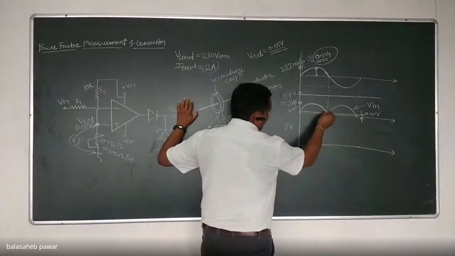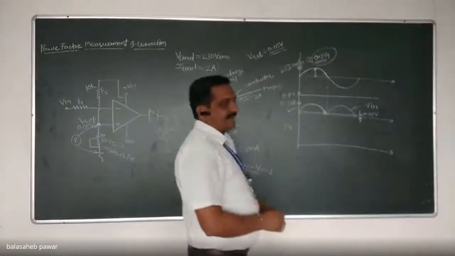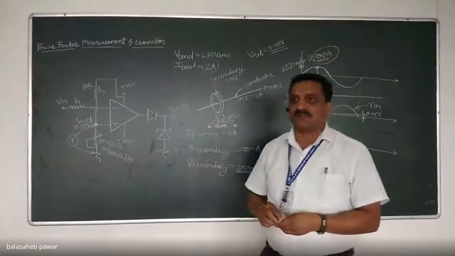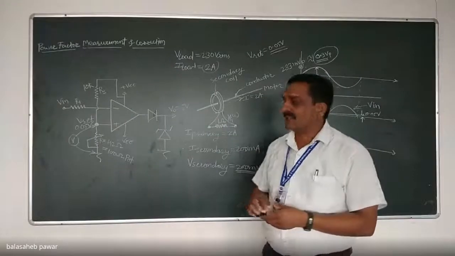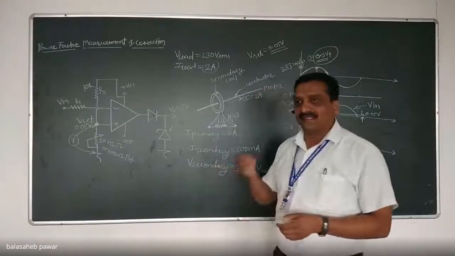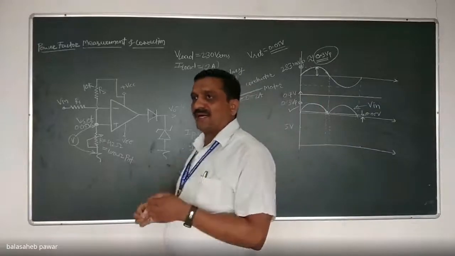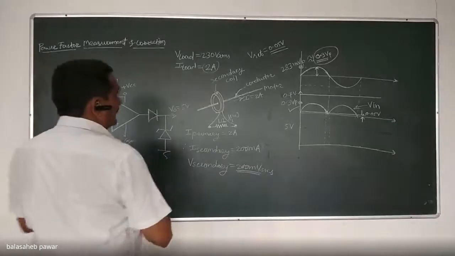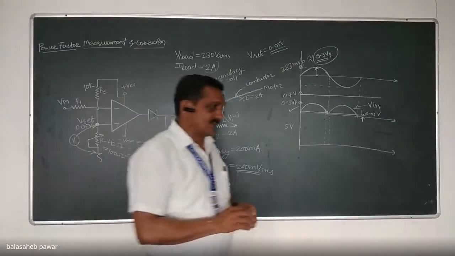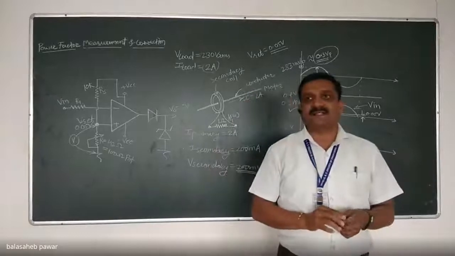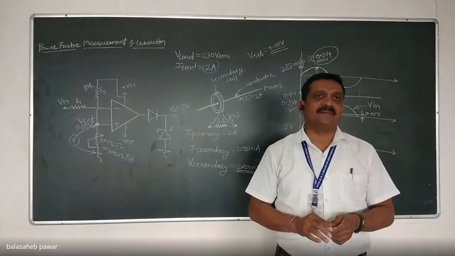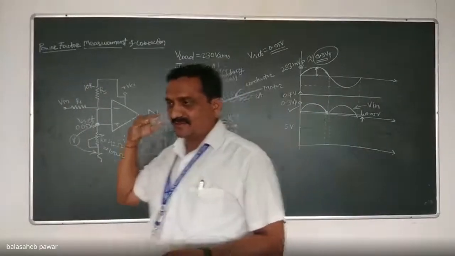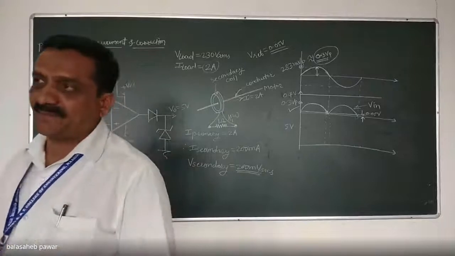When Vin is equal to V reference, that is 0.05, the differential voltage will become 0, and the output of our signal conditioning circuit will become 0. Later on, when the input is less than 0.05, see, when that Vin, the pulsating DC, is less than 0.05, the output of our signal conditioning circuit will be logic high, that is plus 5 volt. Right?